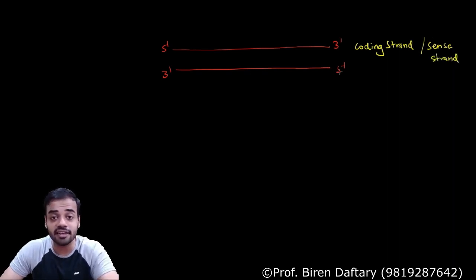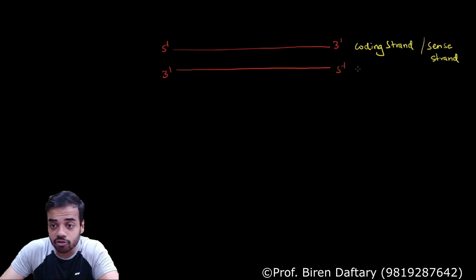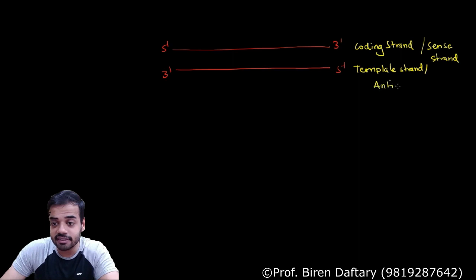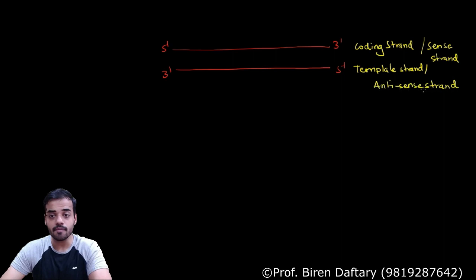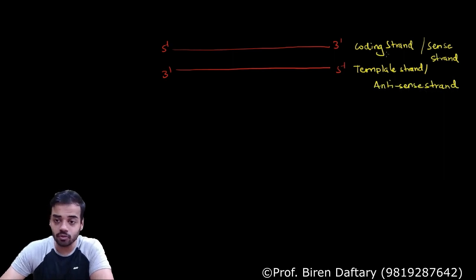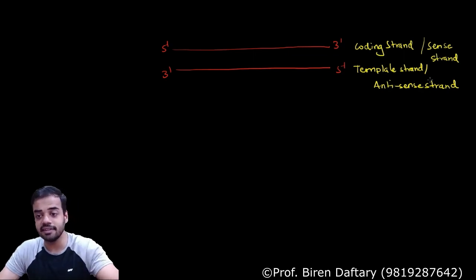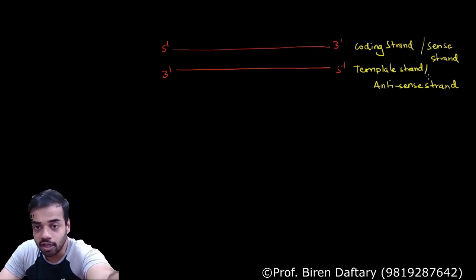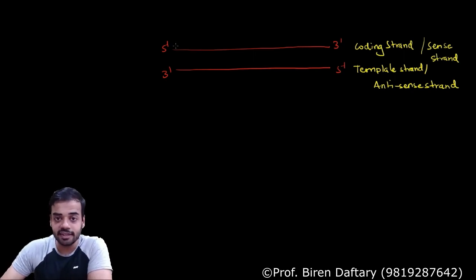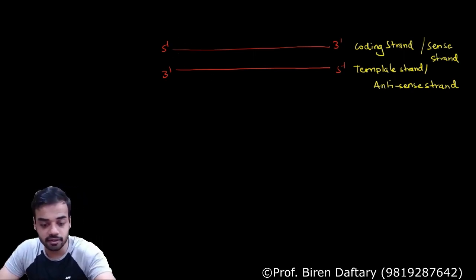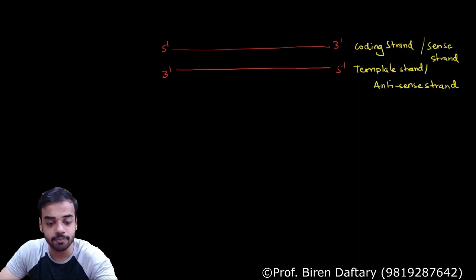This lower strand is the strand on which the mRNA will be formed, so it is also called as template strand, or the other name for template is antisense strand. Is this clear? Okay, so this is the coding strand, this is the template strand, this is the sense strand, this is the antisense strand. Okay, now this area, okay, I will shade it with which color should I shade it with? I'll shade it with blue.